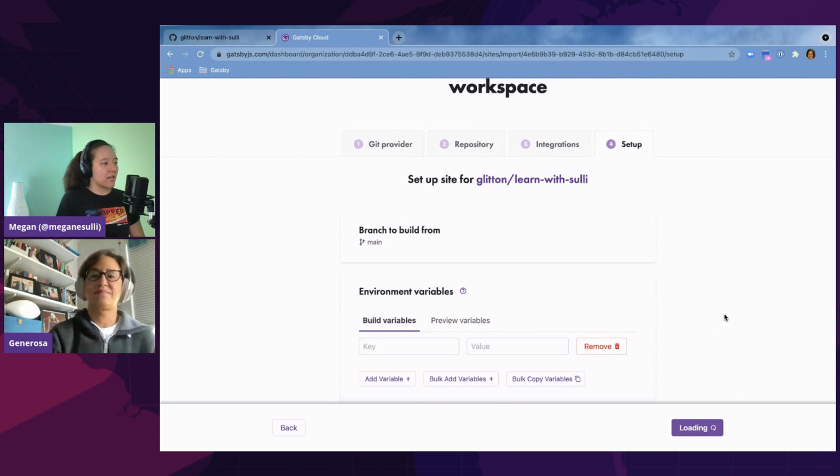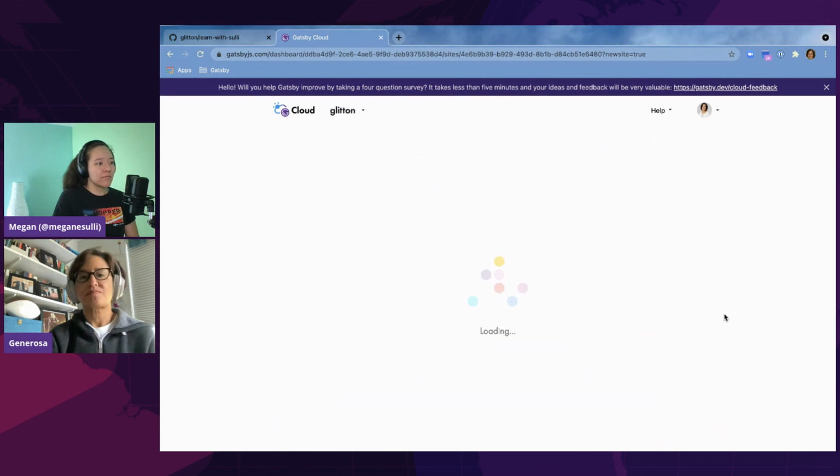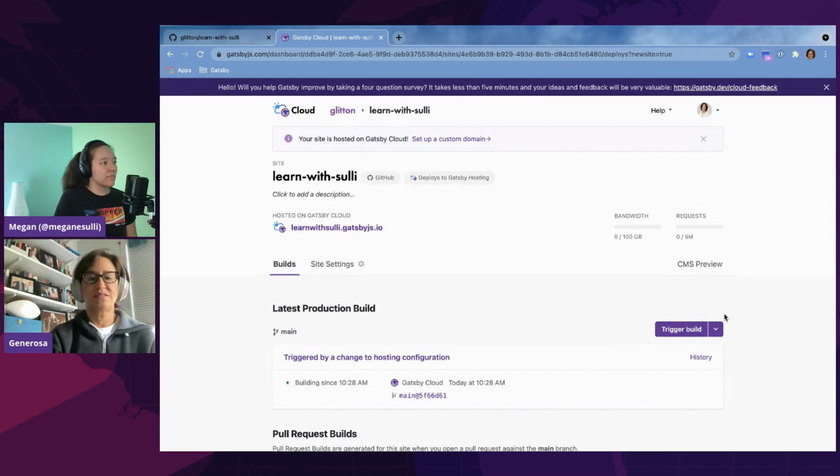Right. And then it's going to do a little bit of thinking. And loading. Okay. And here it is. So now you can see you've got this site. If you've used other CI/CD tools, this might look familiar, where you've got your site and then you can see different builds.